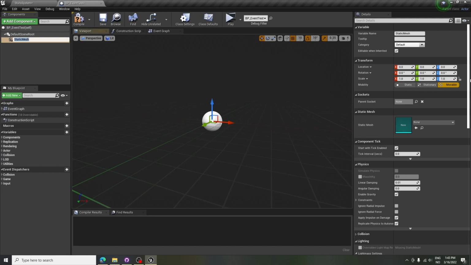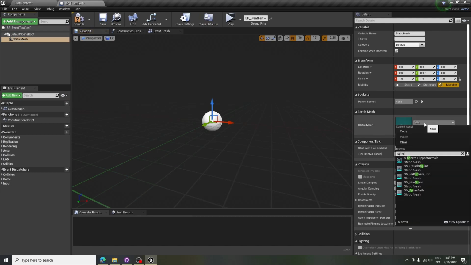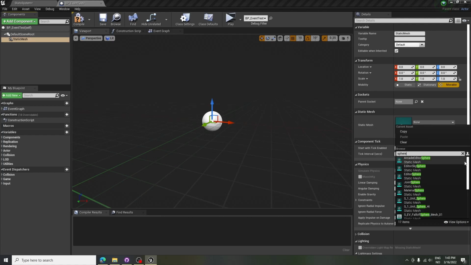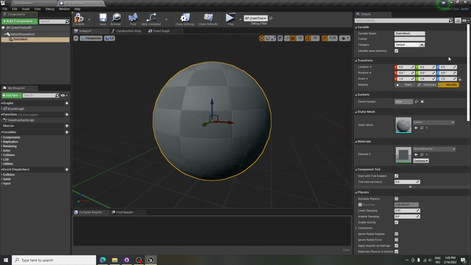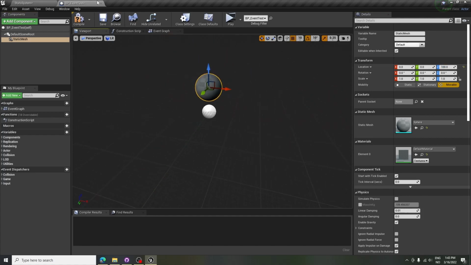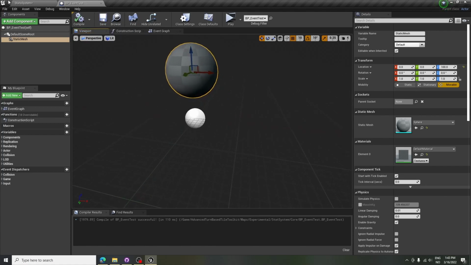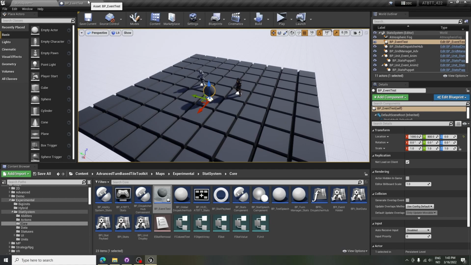here, and I'll make it a sphere. Let's see, I'll show the engine content so I can find the regular sphere mesh here, which is the bigger one. That's the 100 by 100 one. That's good. I'll just let it float a bit. I can just place it wherever I want, but this is fine. Okay, so we have our sphere hovering over here. We want to